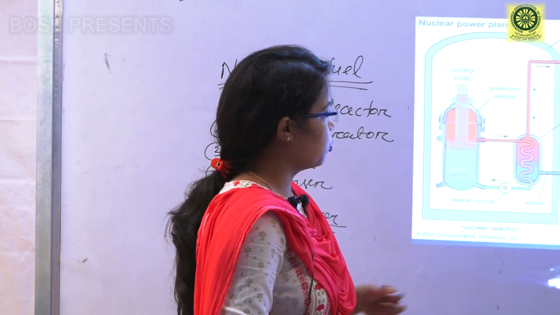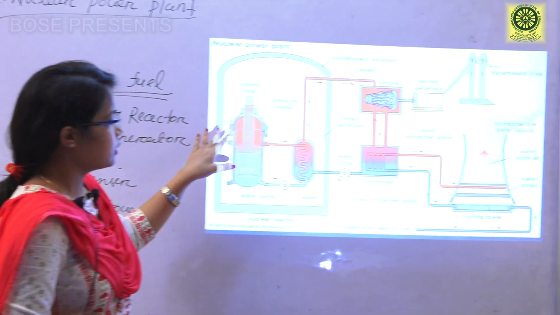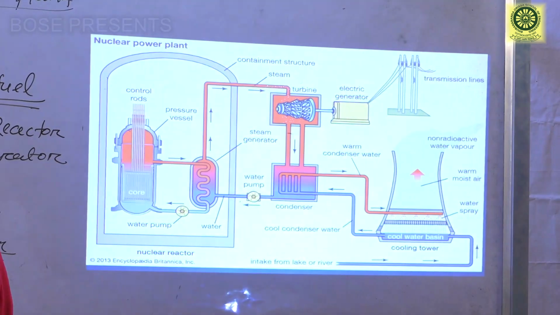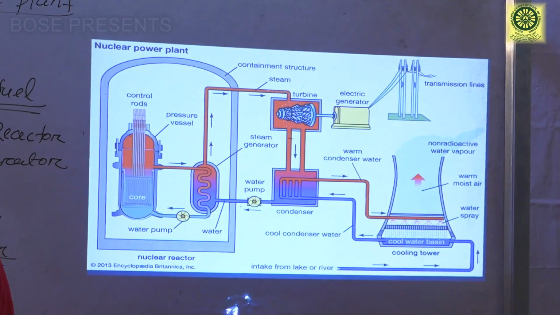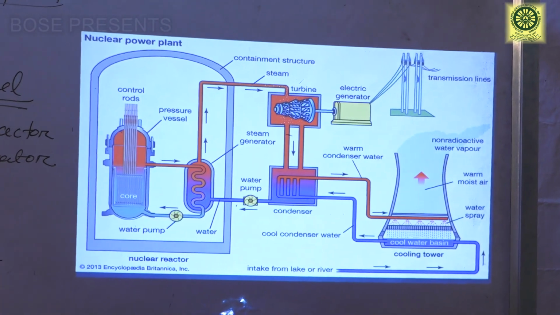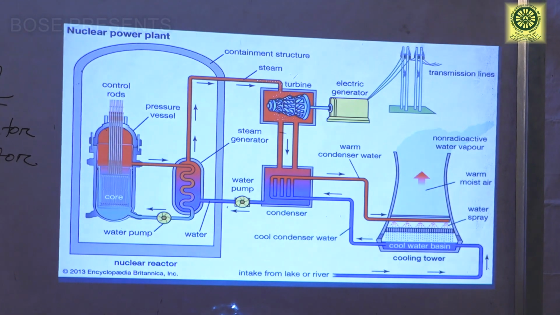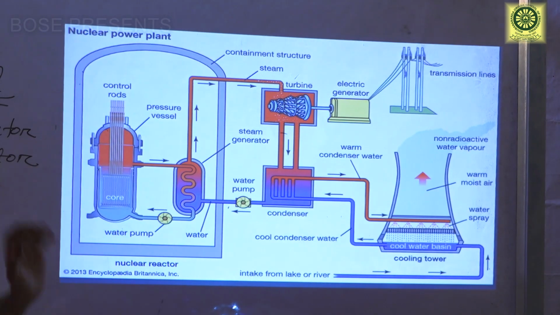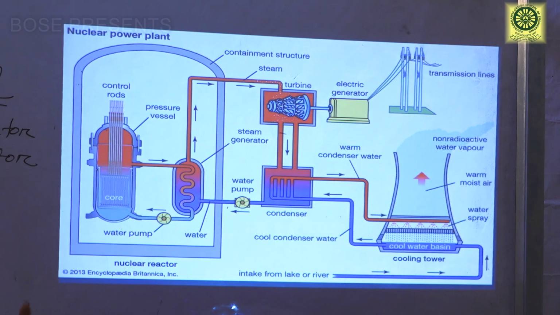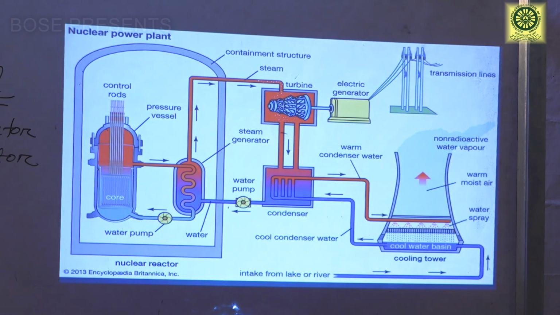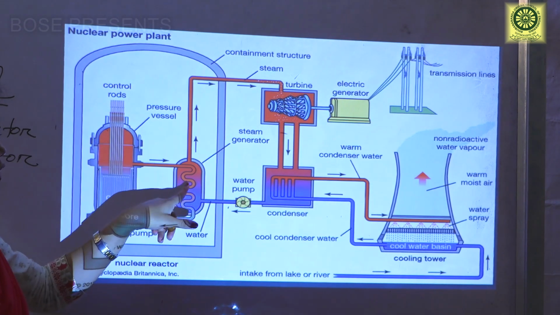Okay, have a watch. First, in this nuclear reactor we are using the nuclear fuels, that is fissile material. The fission reaction of this nuclear fuel occurs in this nuclear reactor. And in this fission reaction the nuclear fuels generate a high amount of energy or heat, which is responsible for the production of steam.